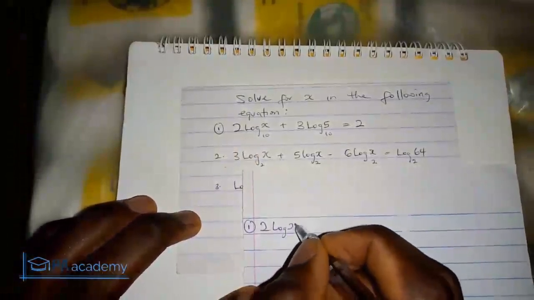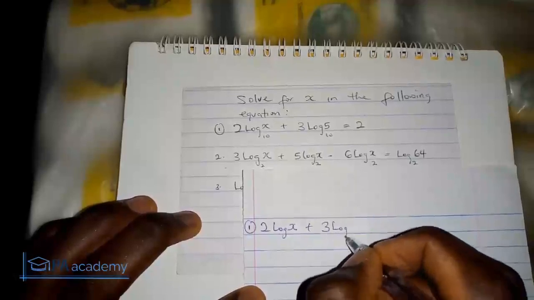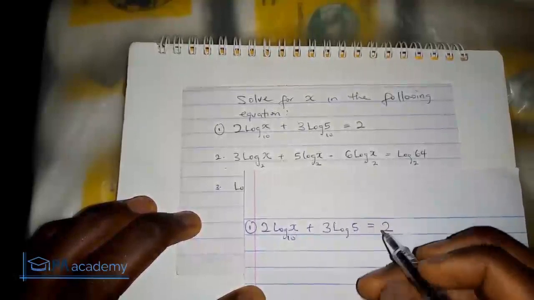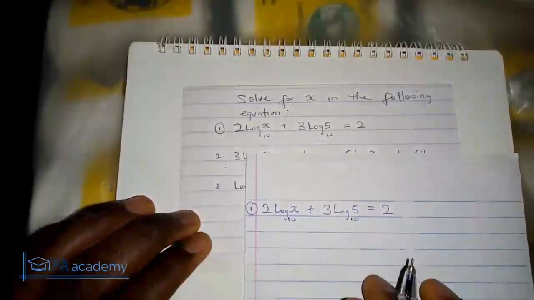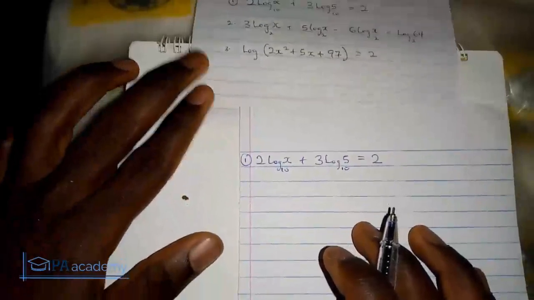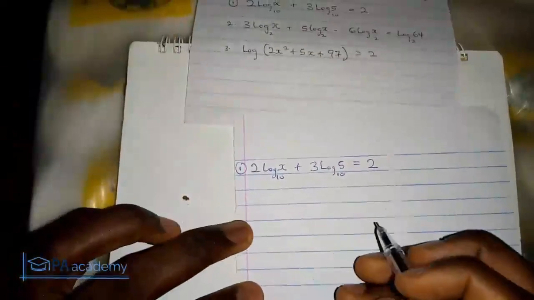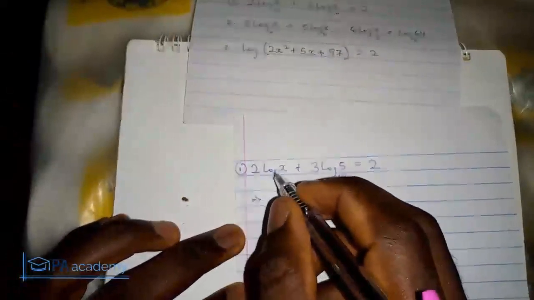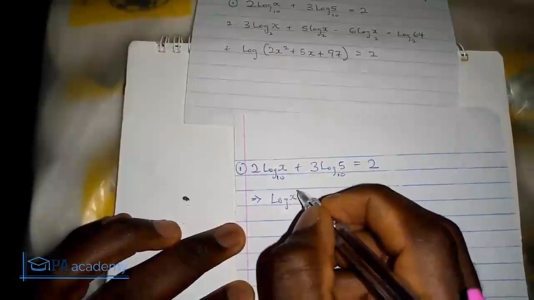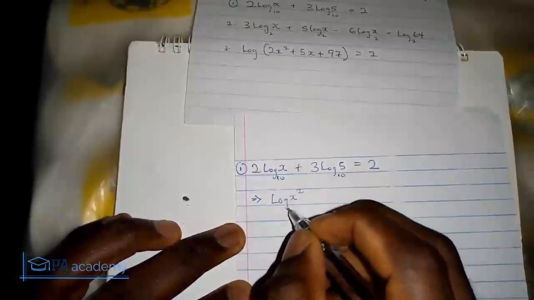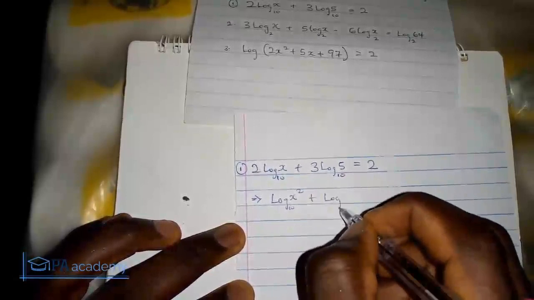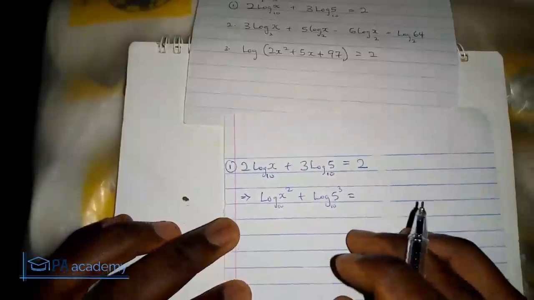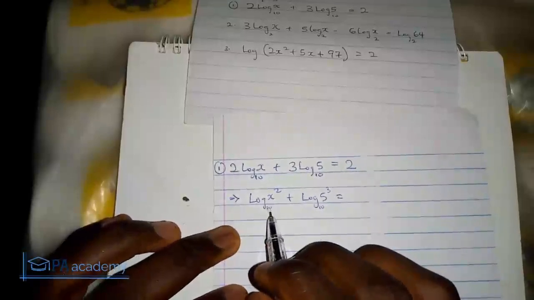2 log x plus 3 log 5 is equals to 2. They are both in base 10. If you are to apply the laws of logarithm that we've looked at in the previous part of this video, the solution goes thus. We have log x raised to power 2, this 2 becomes a power, to base 10, plus log 5 raised to power 3 to base 10 is equals to